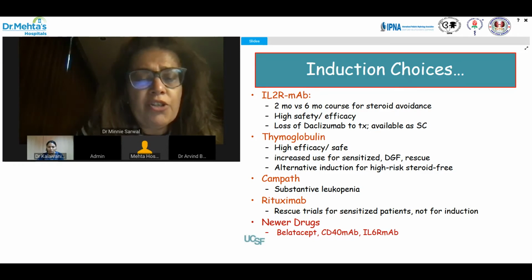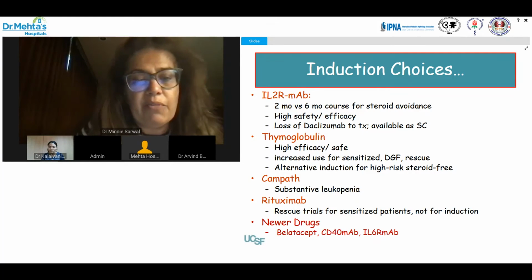So the induction choices that face patients are actually not just unique to pediatric patients. Of course, they're also the same kind of induction choices in adults, but the utility of those induction choices and their usage can be quite different. So IL-2 receptor monoclonal antibodies, there was a time when daclizumab was available, and it was extremely popular. We were using it, in fact, for a 6-month therapy over a 2-month induction therapy for steroid avoidance. This showed high safety and efficacy, but because of loss of daclizumab to transplantation in the IV formulation,